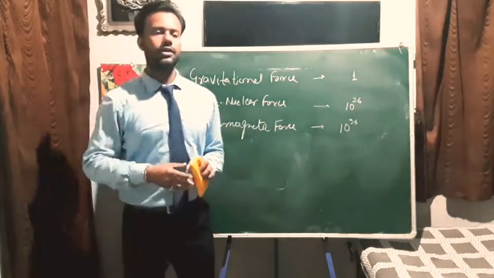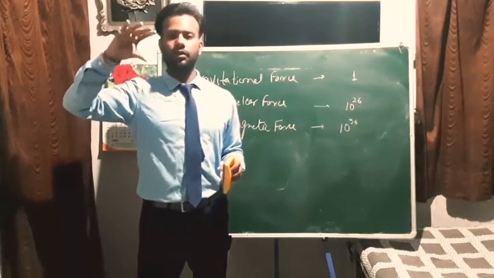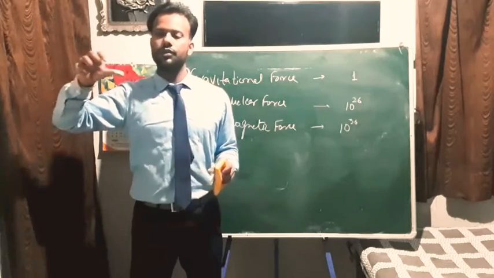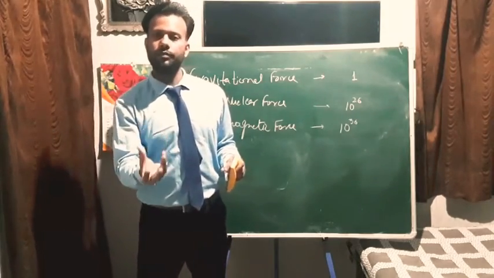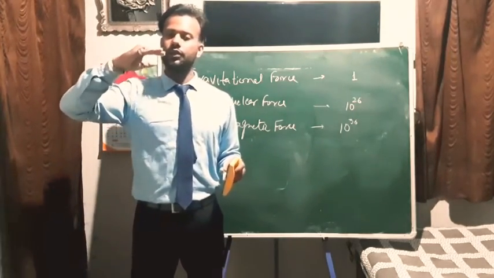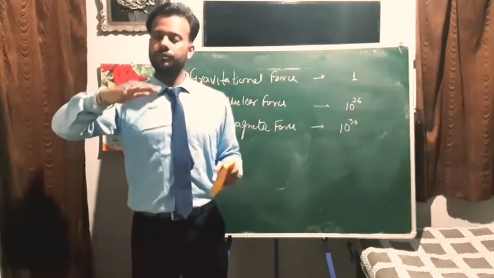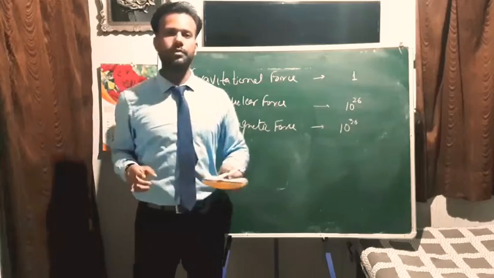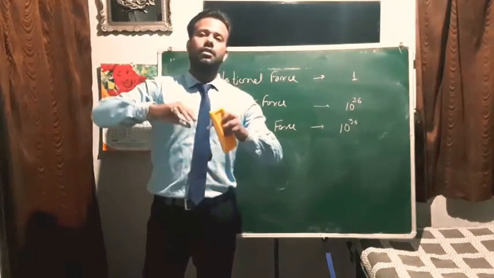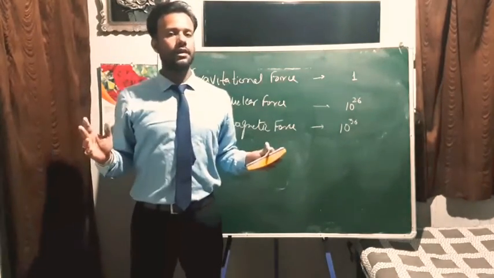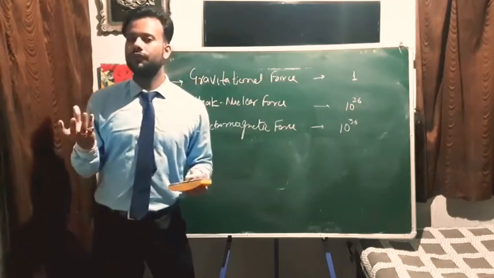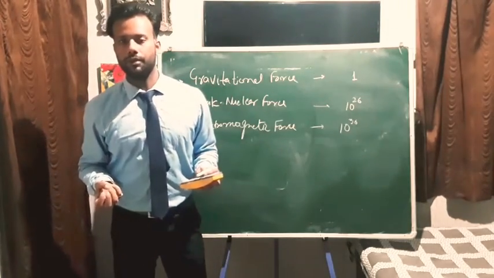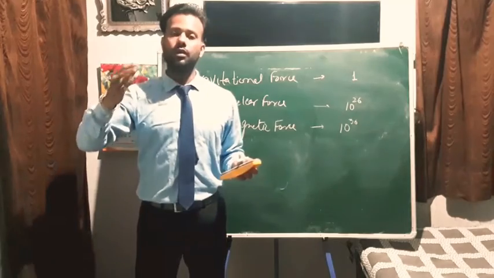Why? Because some charge is accumulated on that ruler, which attracts the pieces of paper towards it. That means an electromagnetic force acts between the ruler and the pieces of paper. Now just imagine the whole earth is attracting those pieces of paper toward it, but it can't overcome the force